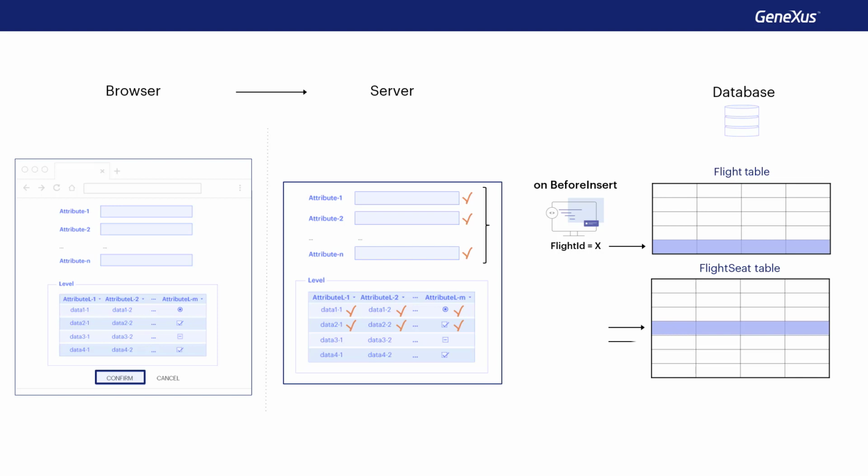Then it goes on to validate each field in line 1 and inserts it. Next, those in line 2 and inserts it, and so on. Note that the rule will not be triggered before every line is recorded. This rule will only be triggered in the before insert of the header. Why? Because in the rule, we define there is an attribute that belongs to the header.